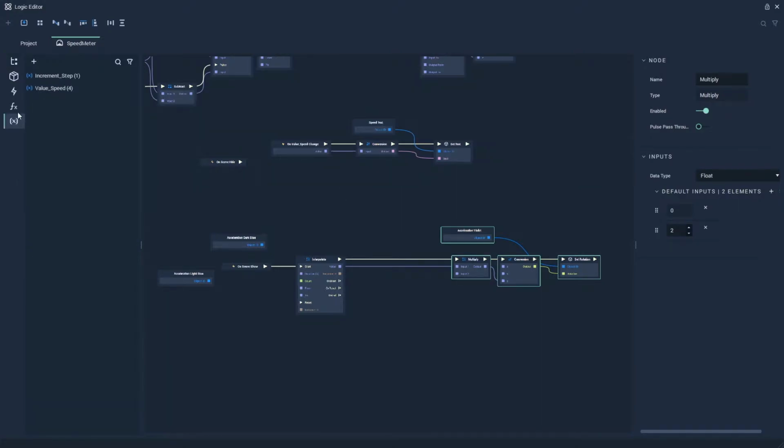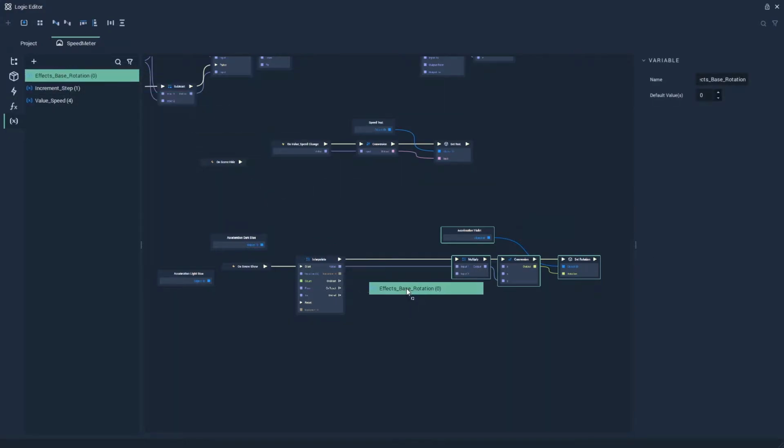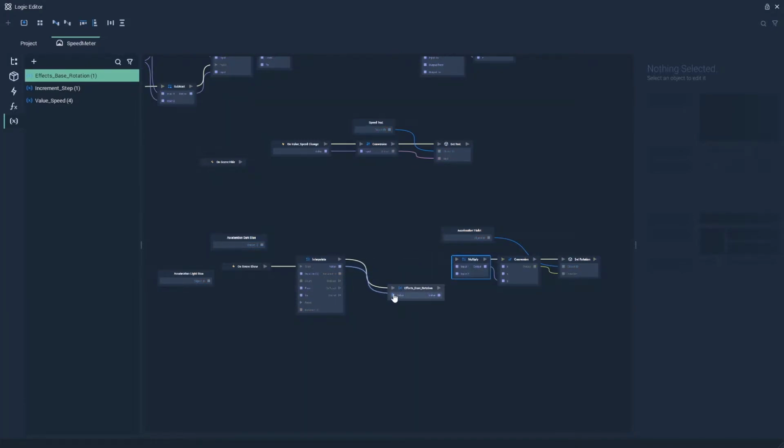So let's go to the variable tab and add a new variable, which we'll call effects_base_rotation, which will also be a float. And then drag it to the graph to create a setter. And let's Ctrl and click these connections to move them to the new node. Then create our onChange event,